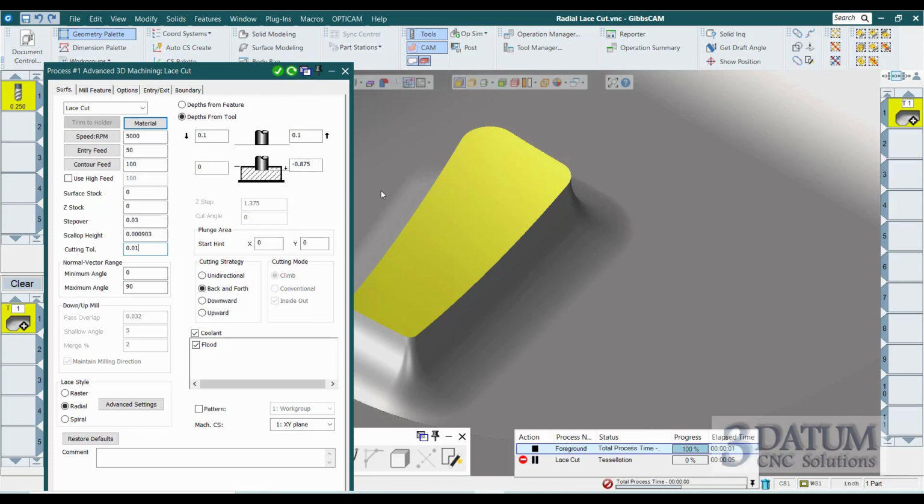So this would be a very rough surface finish, both because of a 30 thousandth step over with a 1/4 inch ball mill and because of a 10 thousandths cutting tolerance, but it should calculate significantly quicker. Now, to illustrate what I'm talking about as far as the cutting tolerance goes, since this finishes,